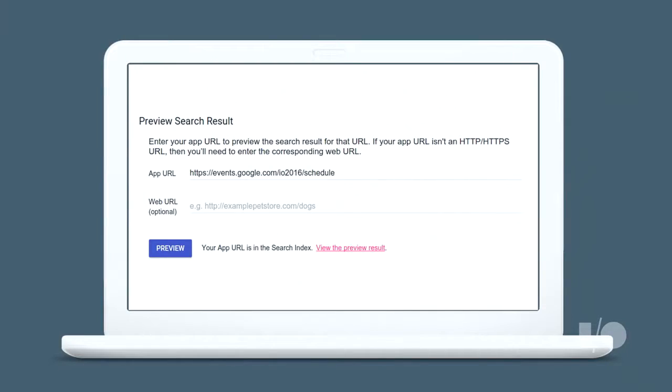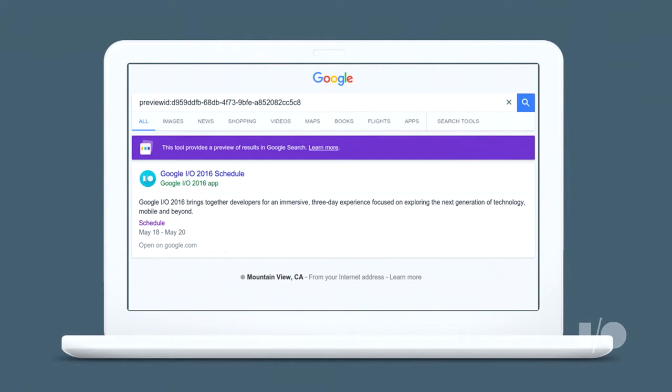And so that's all the basics that is required for your results to start showing up on Google. It might still take a day or two for us to actually pick it up and to start showing these results to users. So in the meantime, you can check out our brand new preview tool. You can find this as part of our documentation. We just launched it earlier this week. You can enter any of your URLs, and we'll instantly show you a preview of how your results are going to look on mobile for your users. So that's kind of cool.